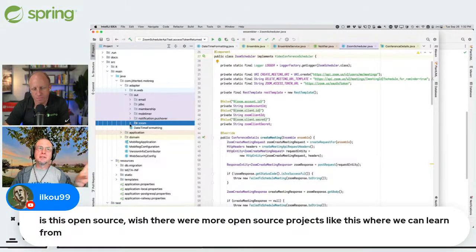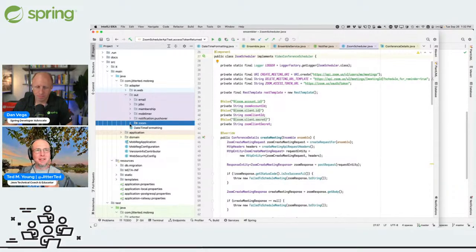Certain tutorials that I would not recommend do it this way without explaining why. And so I wish to, but this project is open source. If you look for Ensembler under Ted Young, you'll find it, but I'm sure we'll be able to provide a link for it. And as Dan mentioned early on,